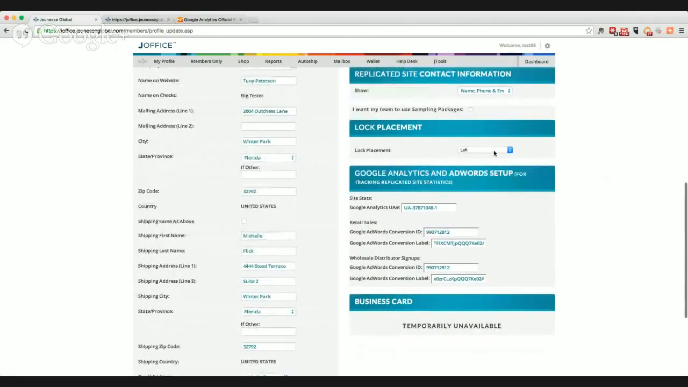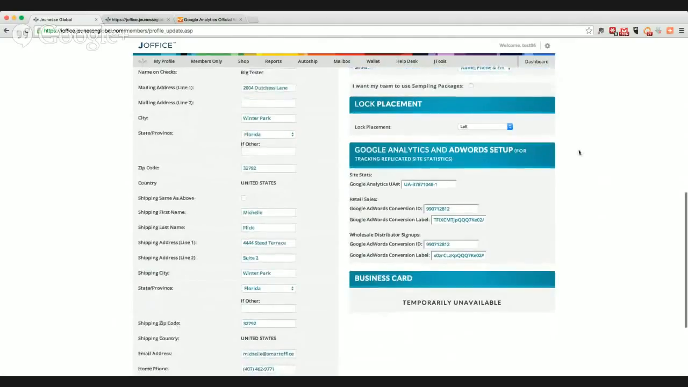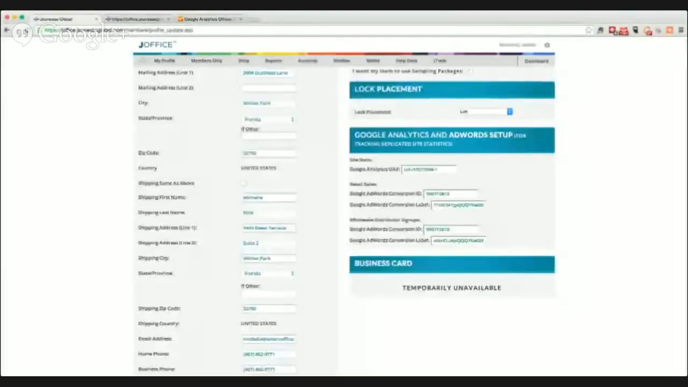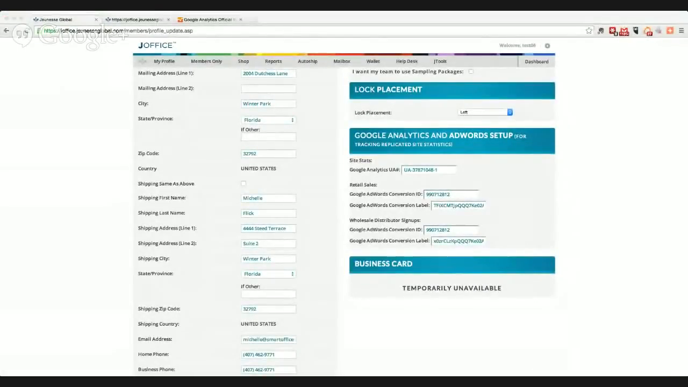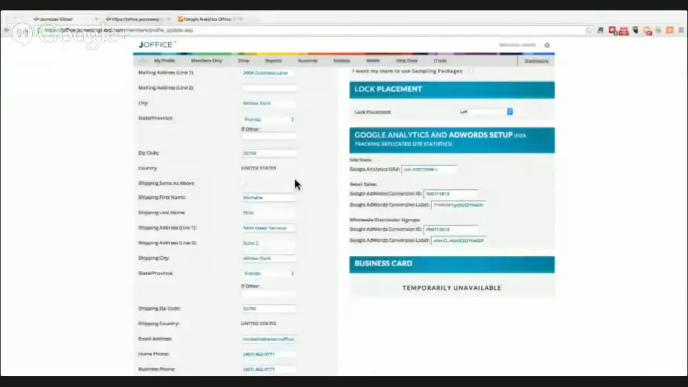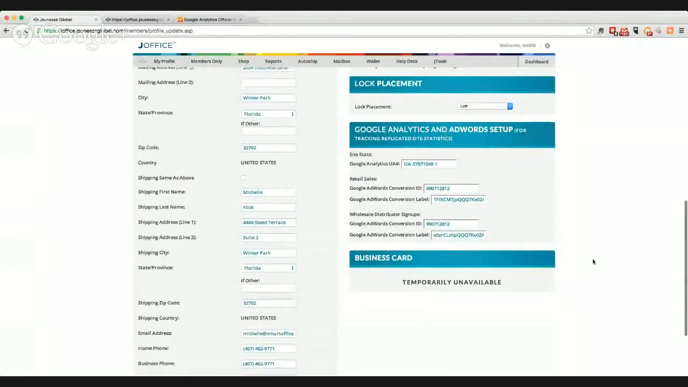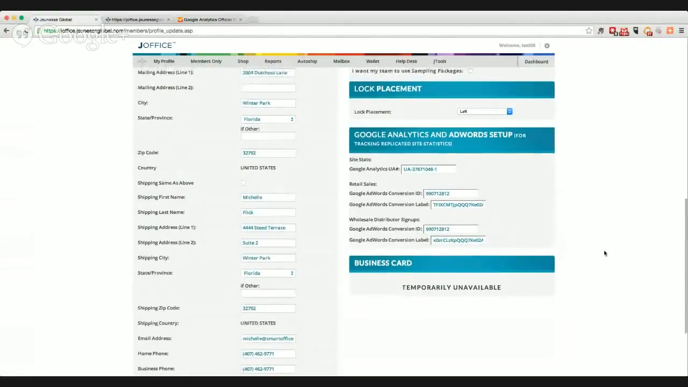Your lock placements, if you're a builder, you want to make sure that this is correct. It could be automatic if you're building right and left, depending on what your position is. And then your Google Analytics. So I want to point this out because I had a lovely woman named Brenda say, can you please tell us what this is and what goes in there? So Brenda, this is for you. I want to let you know that your Google Analytics and AdWords is for tracking your replicated site statistics. Very simple to do. Just go to